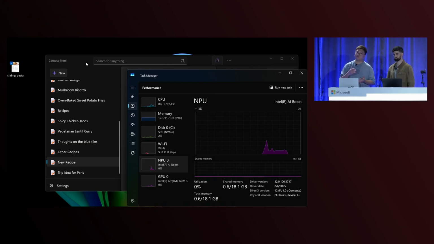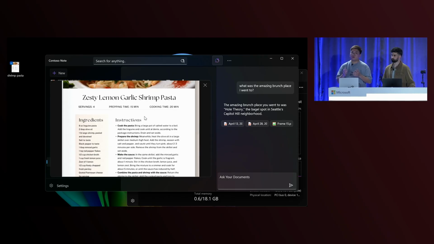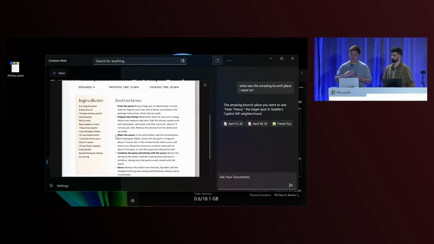Behind the scenes, for images especially, we're doing a few things at the same time. We're not only trying to understand the content of the image, which you can see contains a picture of what looks like a pasta dish, but we also extract and detect all the textual content in the image and build a search index for that as well. In this case, you have all these ingredients, instructions, and additional information in this image, and they all become searchable when we make this image itself searchable. And every time you add an image to this app, it automatically becomes searchable as well.